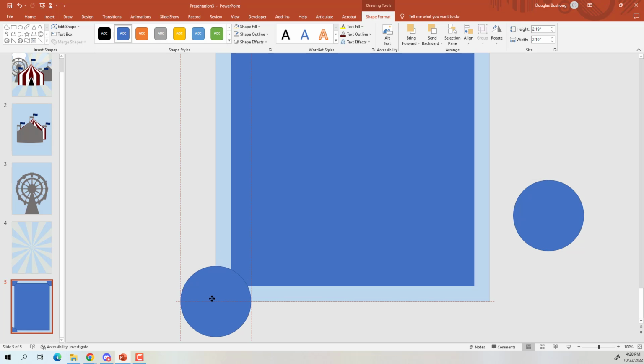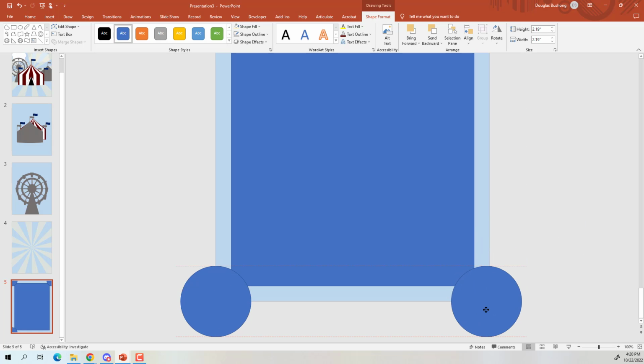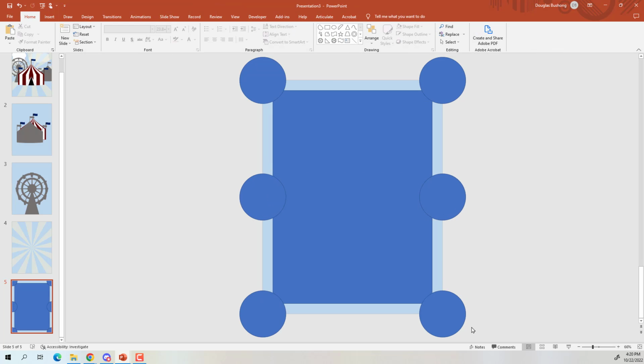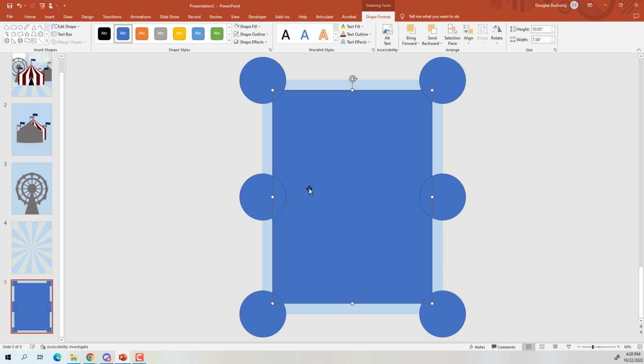Whoop, it's trying to line both of them up at once and it gets a little confused. There we go. And then the last thing I want to do here is make two more. I want it to be lined up on the outer edges and equidistant up there, and that looks just about perfect. So now what I'm going to do, I have an idea of how I want to do this, so